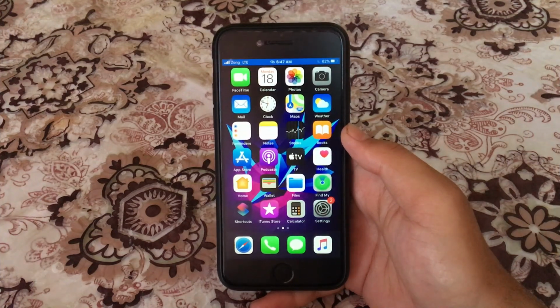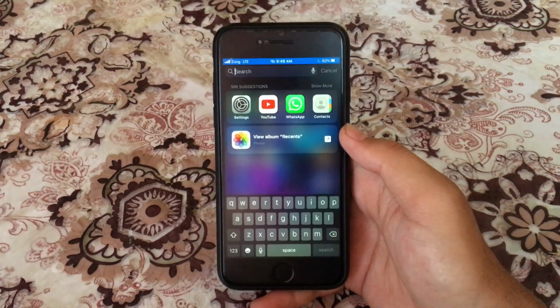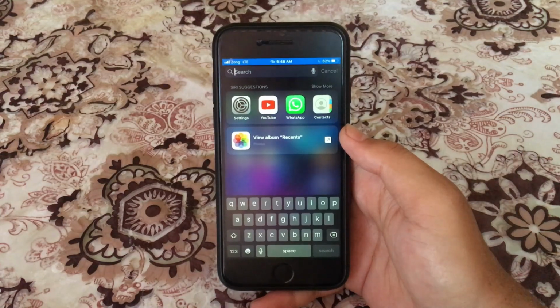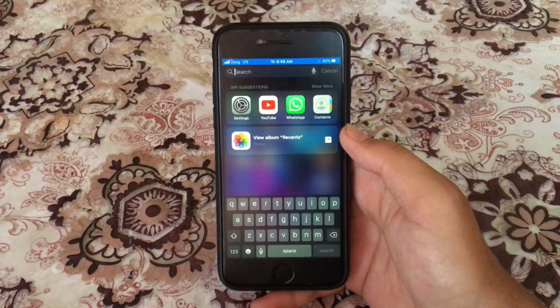The next is Spotlight search. There are always many suggestions, but I don't necessarily use them, and this actually takes battery because Siri suggestions is constantly tracking what you are doing in order to provide those suggestions in Spotlight.